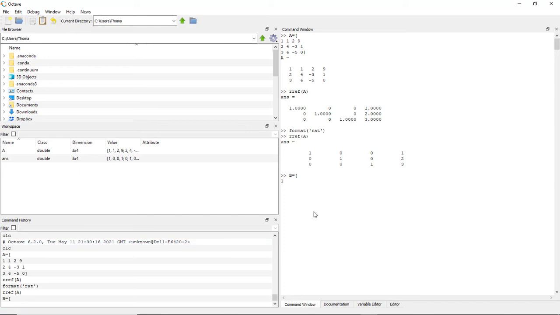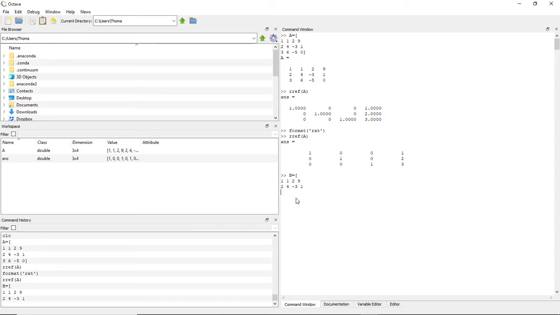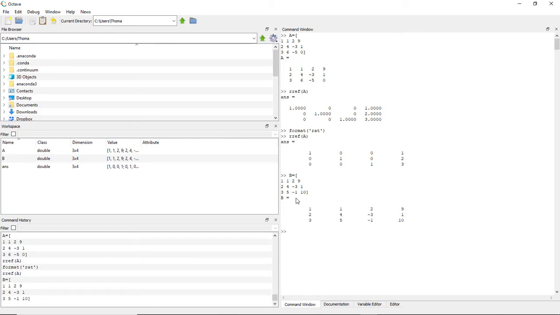So take this guy right here. And that first row is 1, 1, 2, 9. Press enter. 2, 4, minus 3, 1. Press enter, and then finally 3, 5, minus 1, and 10. Close up the bracket. There's my matrix. And now if I want to solve that the way I did it before,